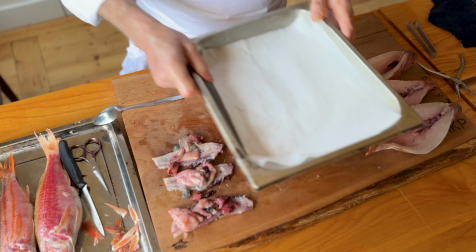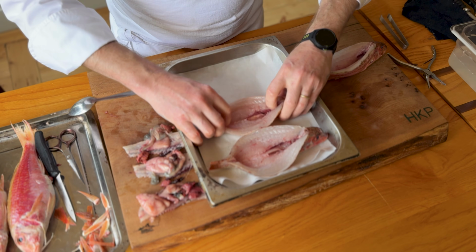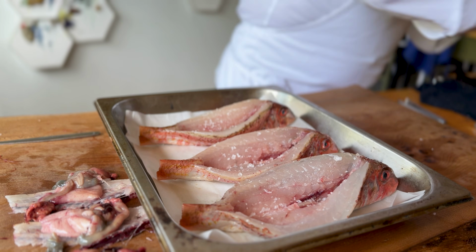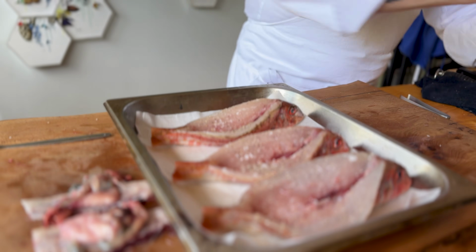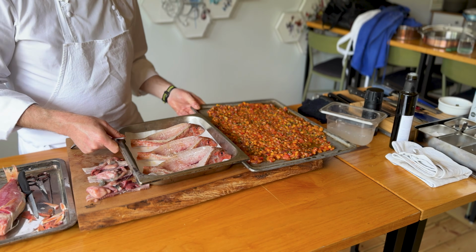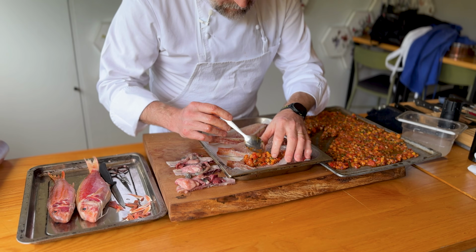Let's get ourselves a tray. Let's sit our fishes on the tray nicely. That's like a slipper of wonderful red mullet. Season the inside of that. A bit of olive oil. And then we're basically going to take the ratatouille and we're going to fill our fishy